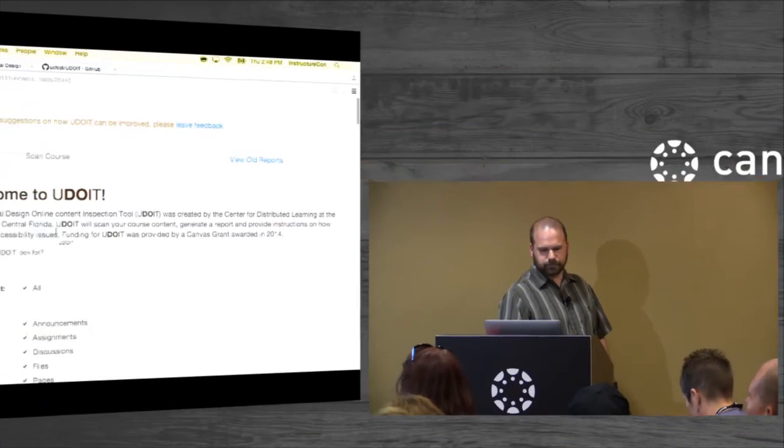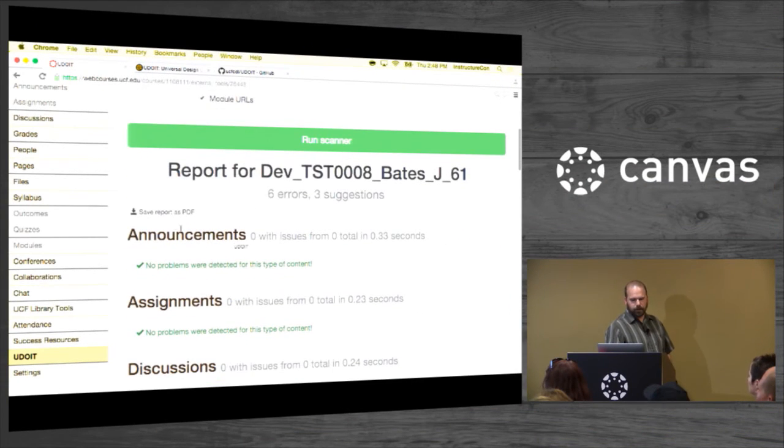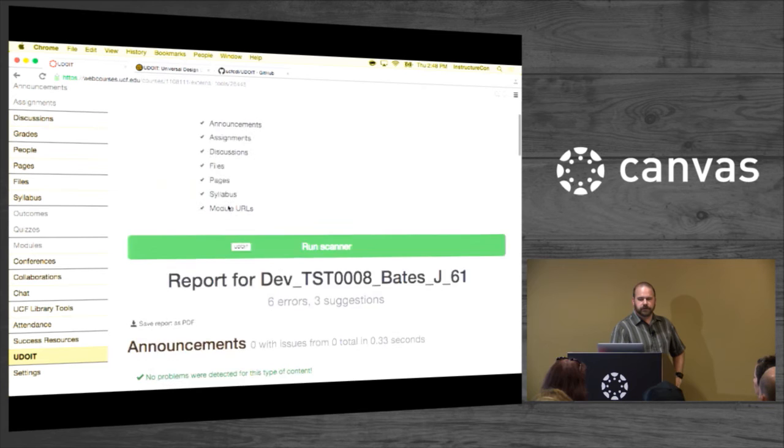I wanted to ask, because I'm sure with it showing up for all instructors, that instructors are going to run this tool, is there a report that they can print out or export and email back to the instructional designers or the admins, so they can get more help with it? So they're not basically in a box and they don't know who to call and what to do after that. So yeah, that's a very good question.